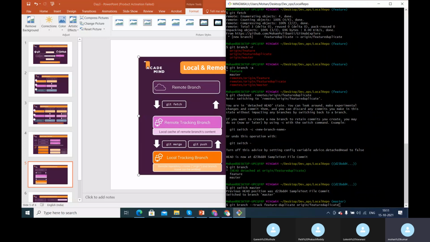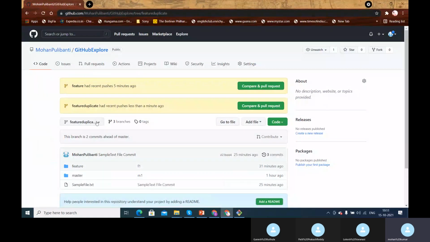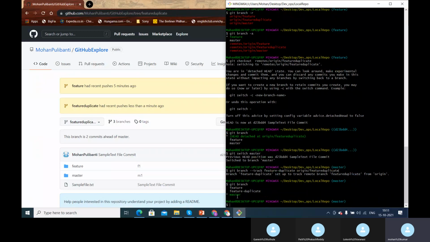Once I execute this, branch feature duplicate is set up to track the remote branch changes. So we have a remote tracking branch here, which is feature duplicate, and this feature duplicate on our local repository is set up to track the remote repository on the origin. So if I say git branch here, we have three branches now: feature duplicate, feature, and master. If I check out to that feature-duplicate...